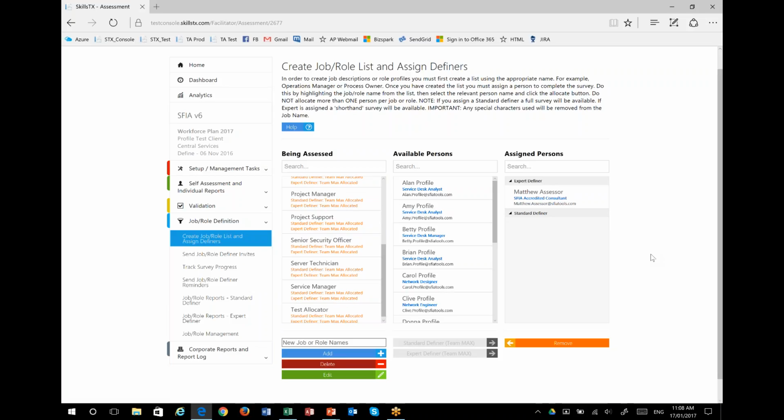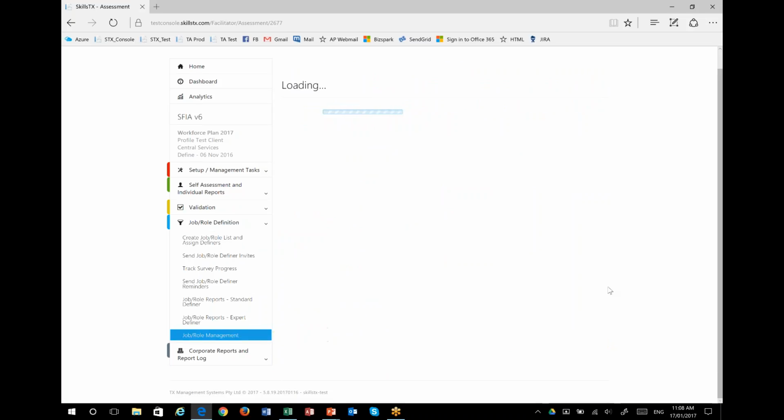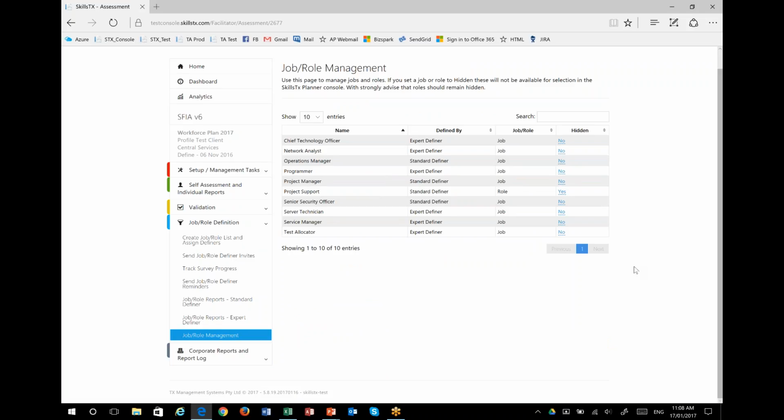Okay, we had a quick look at the pop-up there, so it's just removed the ability to suppress messages going forward. So we'll have a look at this other item that we've added, which is called job role management, and this basically controls the visibility of jobs and roles to people that are using the SkillsTx planner console. By default, when we create a job or a role, it will actually be defaulted to hidden,